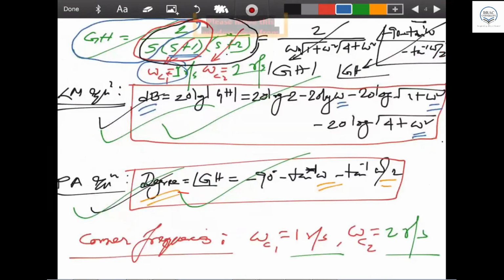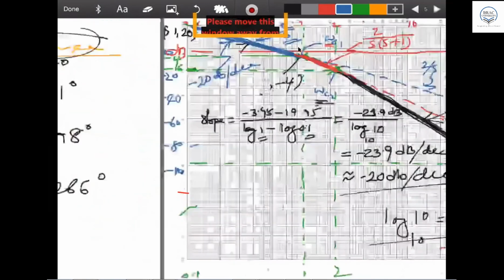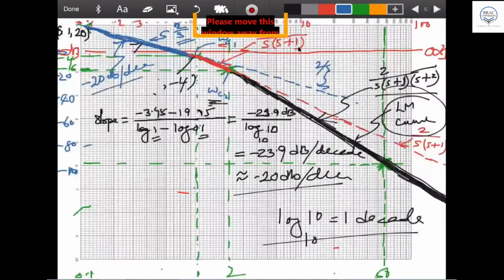Remember the type? Type 1. Type 1 system gives you minus 20 dB per decade, because type 1 has only one S. Now, if it is a type 2 system, it should start with minus 40 dB per decade. And a type 3 system will be minus 60 dB per decade. That's the way it works. Now,